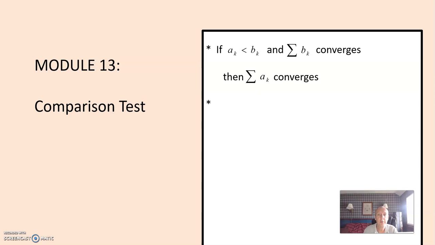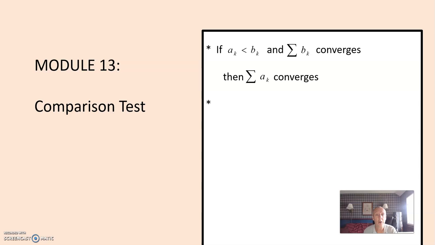The first is if we have two sequences, A and B, and each respective term in these sequences satisfies the property that a_k is less than b_k, and it's also true that the summation of b_k converges. Since b_k is the larger sequence and it's converging, then we know that the summation of a_k would also converge. So if we suppose that a sequence converges, we need to find a sequence a tad bit larger than it that also converges.